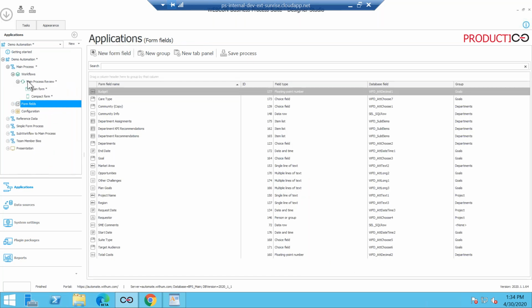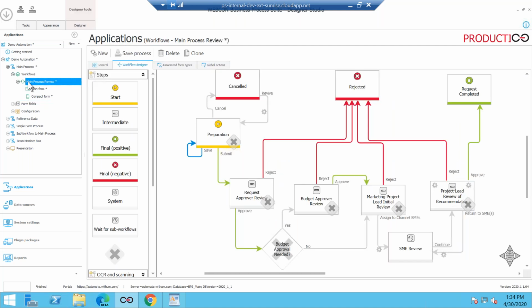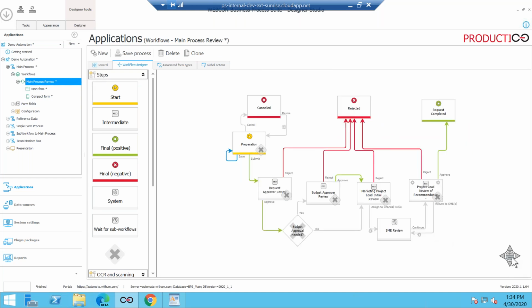The next one is the big one, the workflows. Each process can have one workflow. Sometimes there can be more than one workflow, but for our demo purposes, we have one workflow. You see how it has so many approval steps. It has approves and rejects, as well as it's moving from one stage to the other. It's looking for, does it need an approval or not? Based on that, and I would tell you, this was so easy to put together.